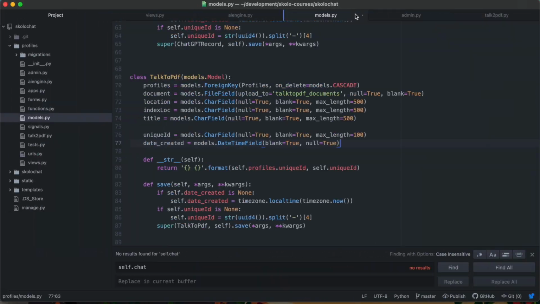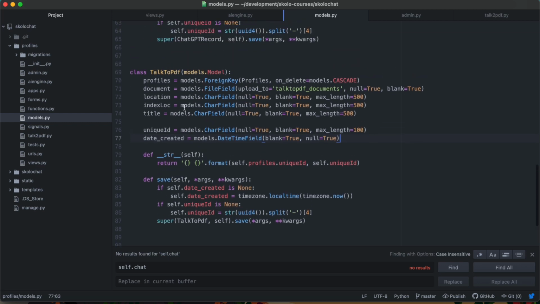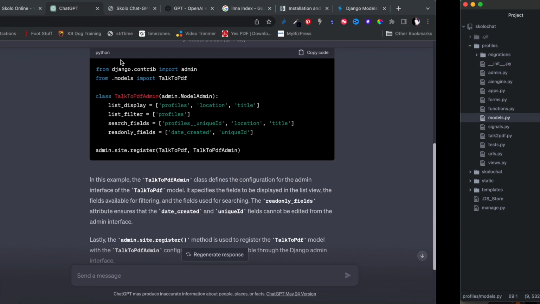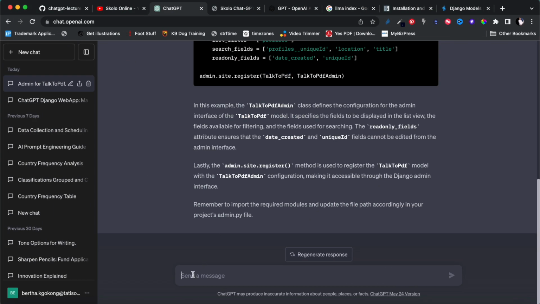Then we can, now what we need to do is somebody needs to upload, we need to create perhaps a form. Do we have forms? We want to create an upload form so that somebody can upload a document, right? And so let's create an upload form, and the upload form will, let me just ask, please ask this guy to create me an upload form. All right, ChatGPT, please